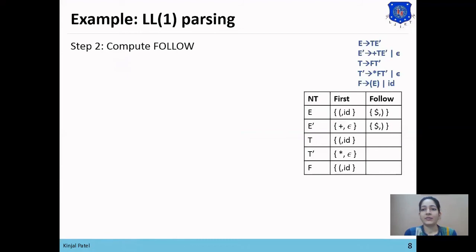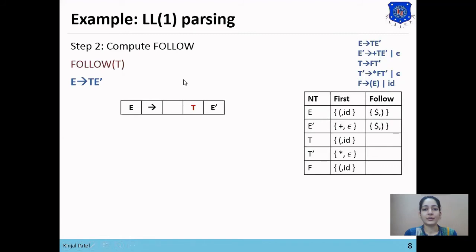Now next we want to find follow of T. So we will find T symbol at the right hand side. T is present at first statement and second statement. So we will first apply rule to the first statement E produce T dash, and we'll compare this statement with the statement of our rule.